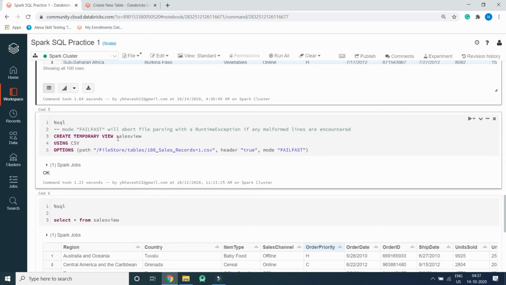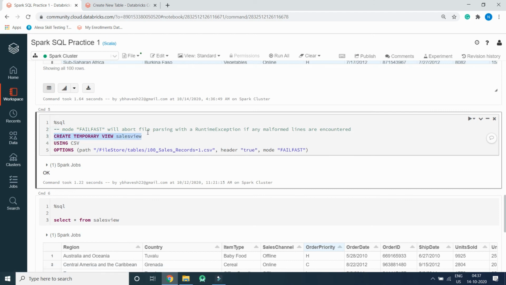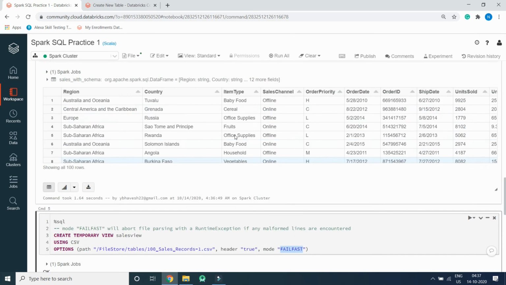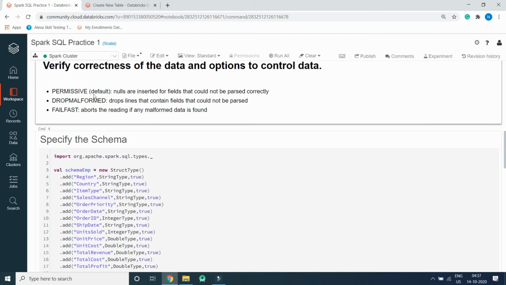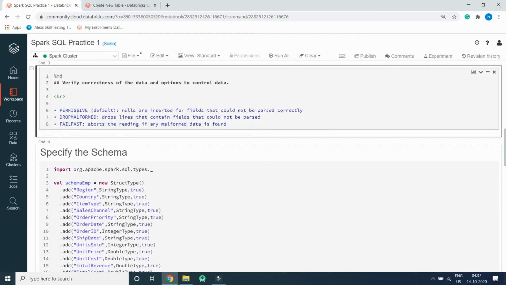We can also use Spark SQL and create a temporary view by using a CSV file. In options, we specify the path location from where it will read the data, whether it has header true, and mode: fail fast, permissive, drop malformed, and so on.